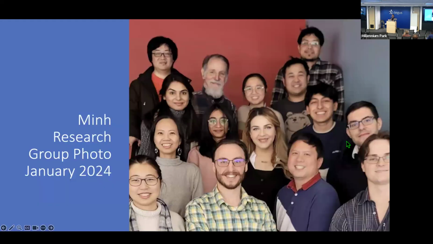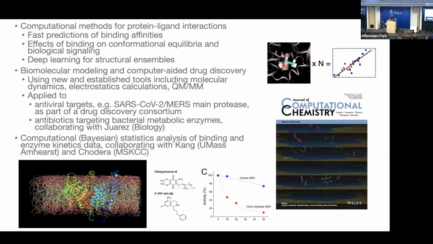I also want to briefly introduce my other members, who were my research group early in the year, and the general areas of research in my group. We work on computer methods to study the interactions between proteins and small molecules. You probably know that you eat protein, but protein is also a big part of your body, and a large fraction of drug targets are proteins.